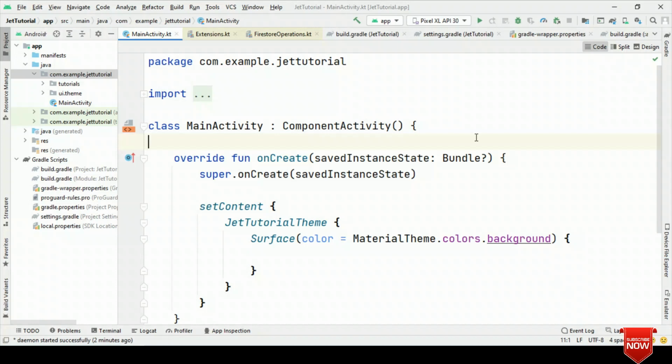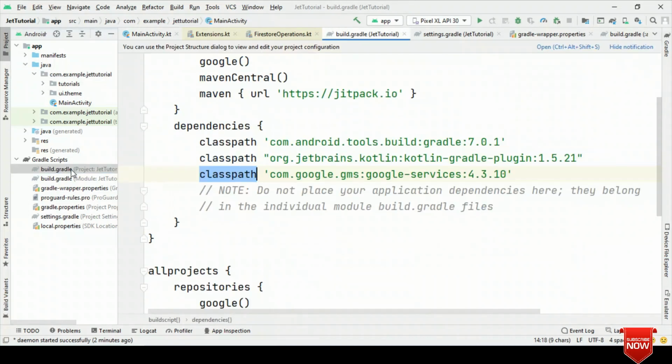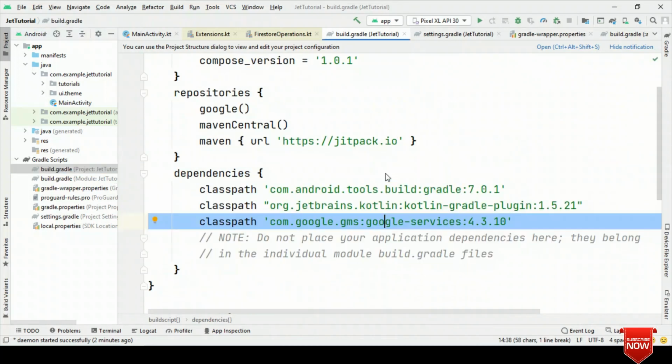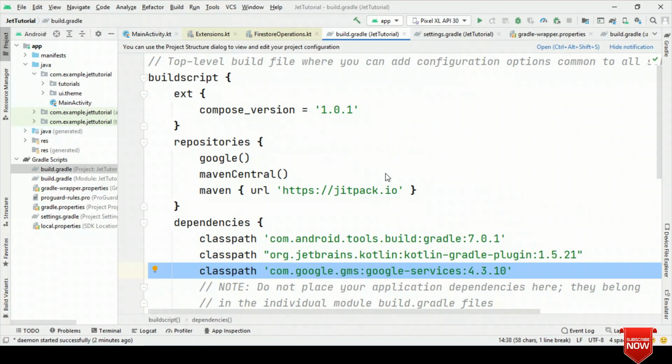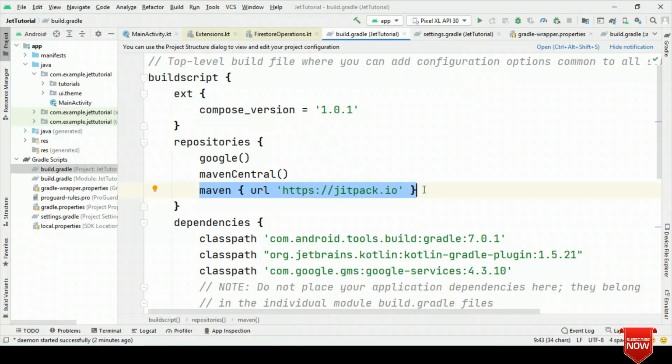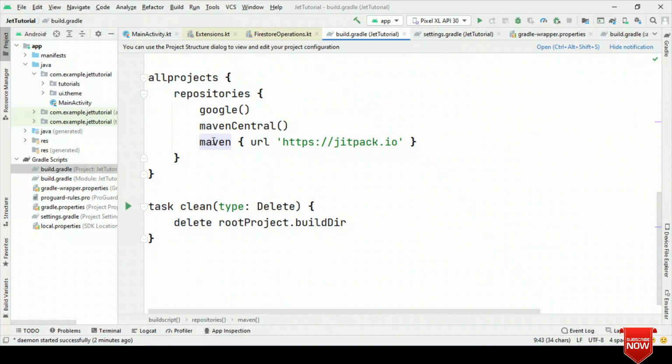But before that, if you haven't created a project on Firebase, then log into Firebase and create a project there with the package ID. Then you'll get the JSON. You need to add that JSON to your app directory. Once that is done, switch to build.gradle and add the class path for Google services. Also, as I said, we are going to use Jet Firestore, so add the Maven directory. It needs the Maven URL. If you have allprojects, then do not forget to add it to allprojects.